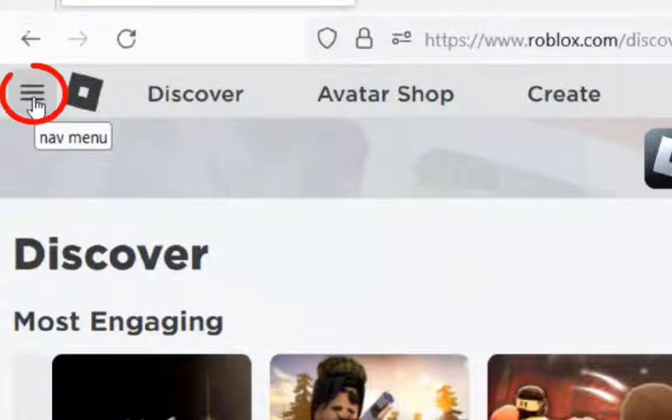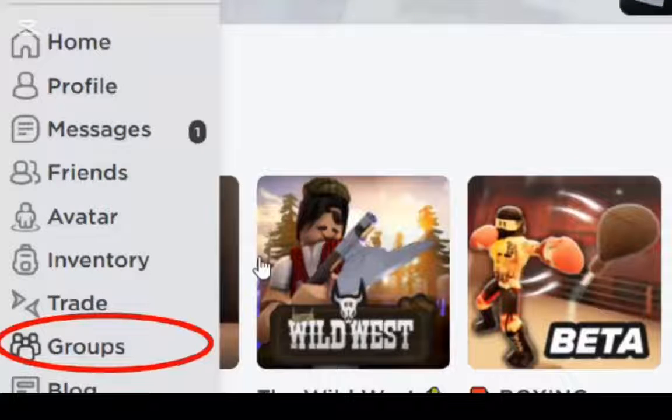Once you tap on it, you will get a drop-down menu where you can simply scroll down below and find the option called Groups. Once you have found the option called Groups, you can simply tap on it, which will now redirect you